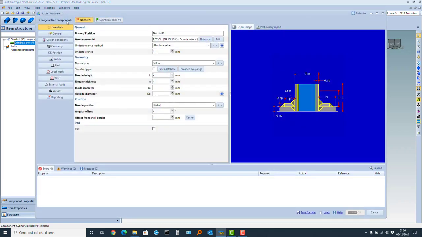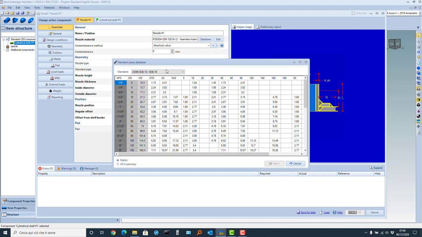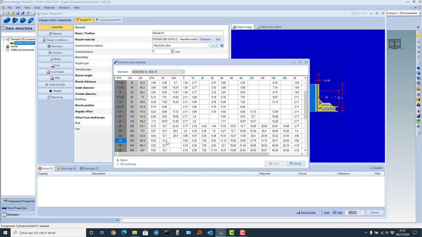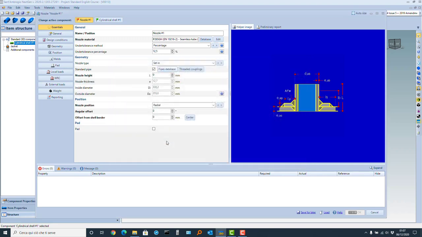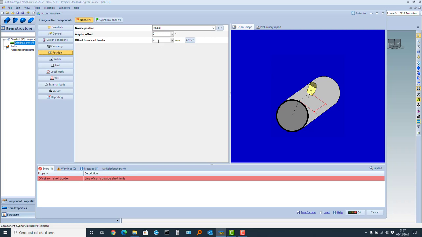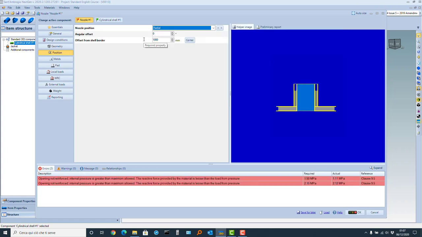a 14-inch nozzle, like we have made with the ASME vessel. The material, carbon steel, has been automatically selected, P265GH. We take the nozzle from the pipe database, as in the other case, we select a 14-inch nozzle, we select the extra strong thickness, the nozzle height is 400 millimeters, and then we have to establish the position. We want to put it, say, at 1 meter from the edge,